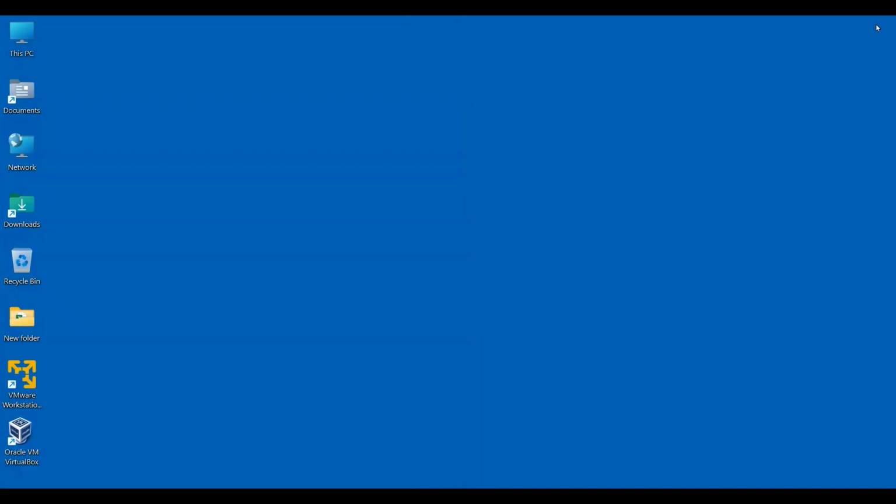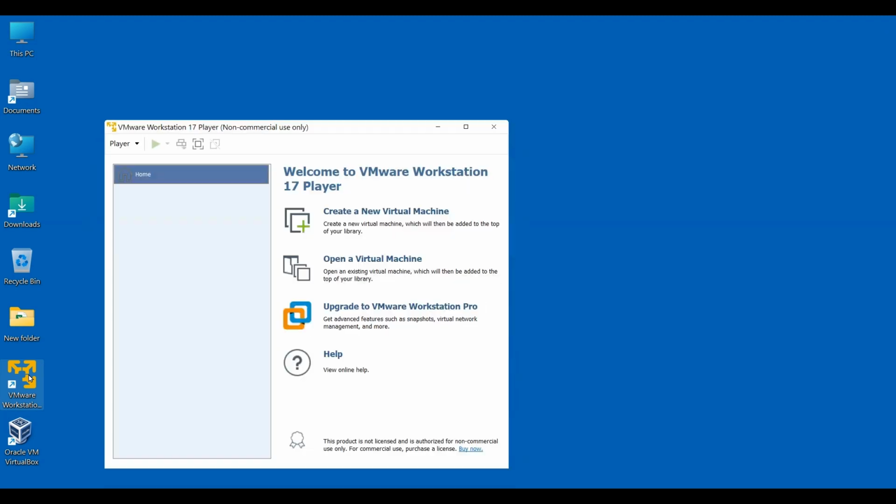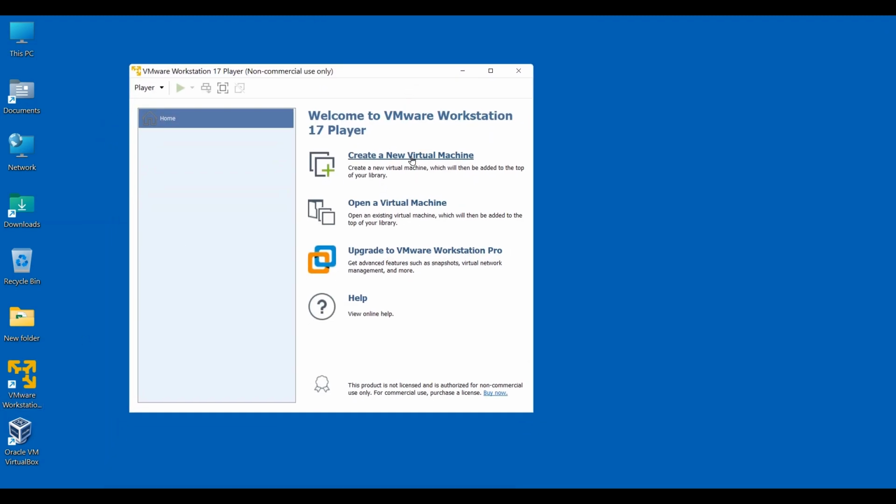Now go to VMware Workstation, double click, open. Now you can see there are two options. Create new virtual machine, this is for ISO image, and open virtual machine, this is for pre-built image. So we have pre-built image. We will click on open virtual machine